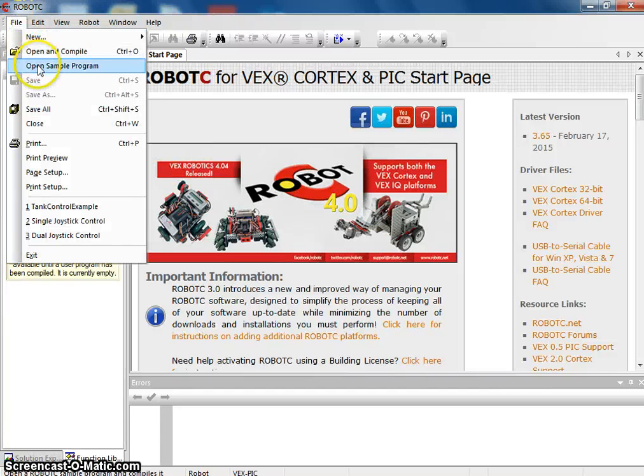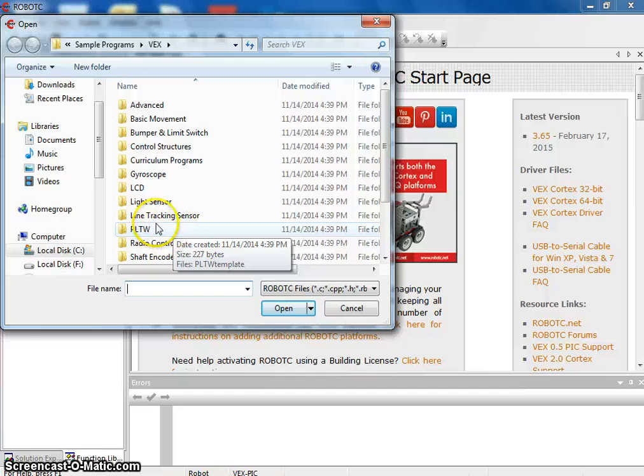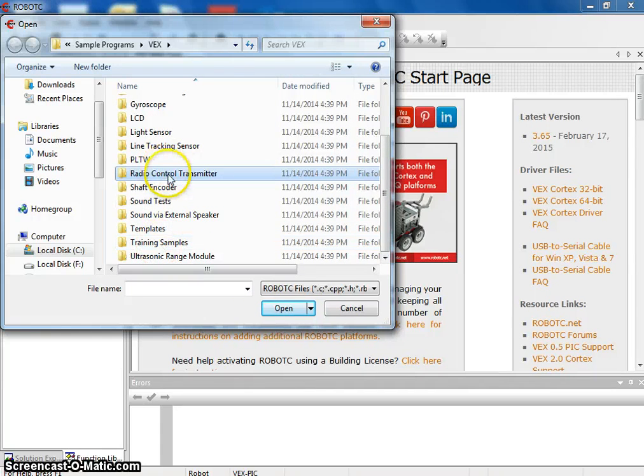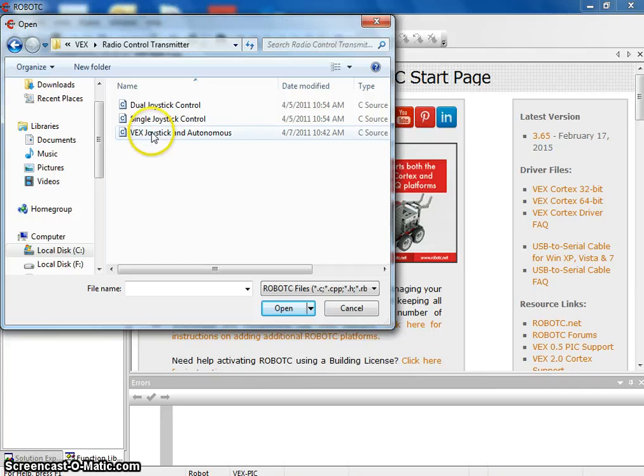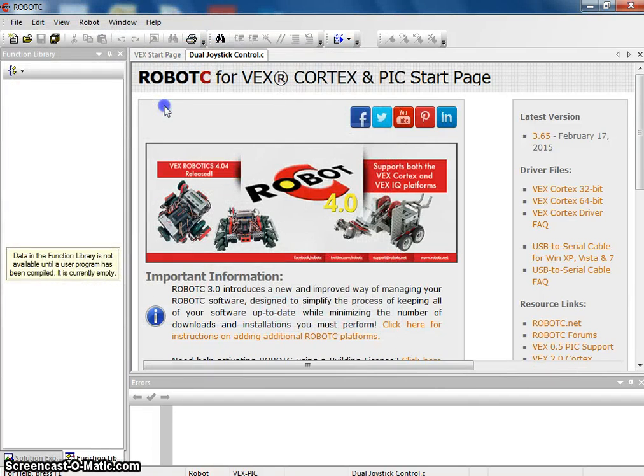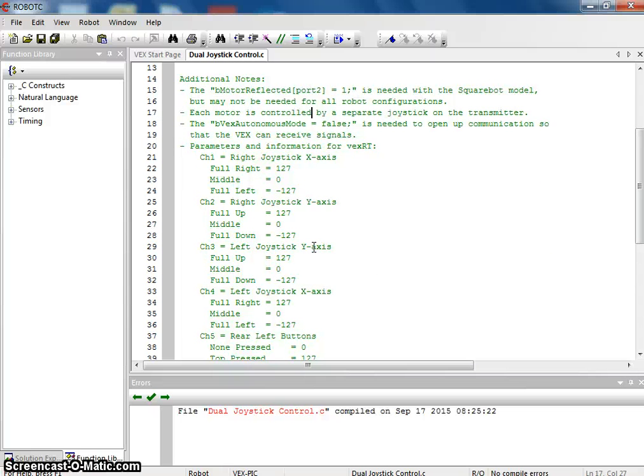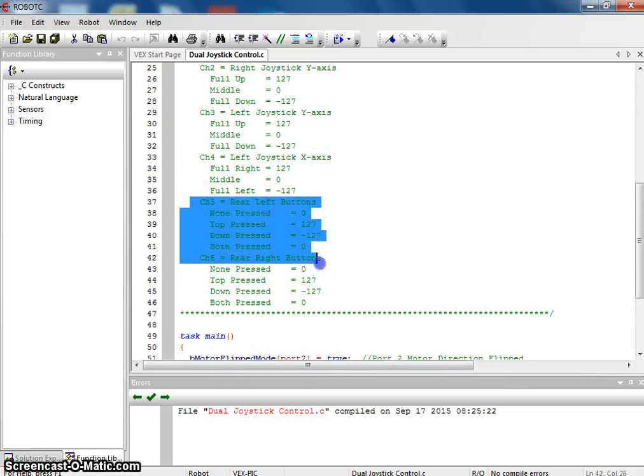We can go in and open up a sample program. And this is where we can open up our radio control transmitter, and we did dual joystick control the other day, so we're going to open up that file again. And if you scroll down, it talks to us about channel 5 and channel 6, which are the rear buttons on the back of your joystick. You can see when the top button is pressed, it gives a value of 127 to channel 5 and a value of negative 127 when the bottom button is pressed for channel 5. And this is on the left